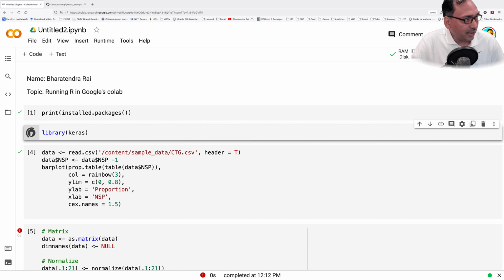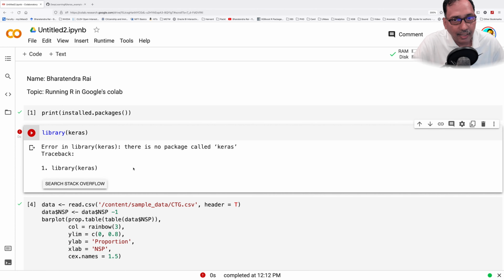If I try to run this, obviously I will get an error because I have not installed this package. And this error also means that this package was not in the list of packages that we listed in the beginning. So this is not a default package already available and installed. So we'll have to first install this package.